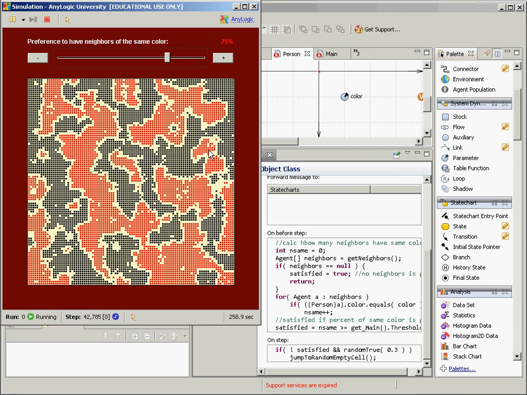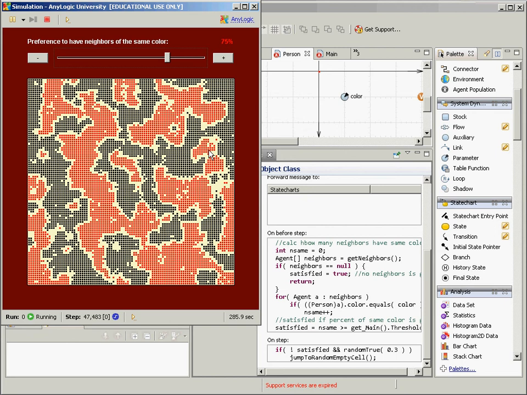These patterns, I want to emphasize, are these programmed into the model? Do you see this pattern coded into here? Create a block that, based on the sliders, of a certain size. No, you don't. It just emerges out of the fact that people move if they're not satisfied, and satisfaction depends on the fraction of people around them that are the same color and their criteria.